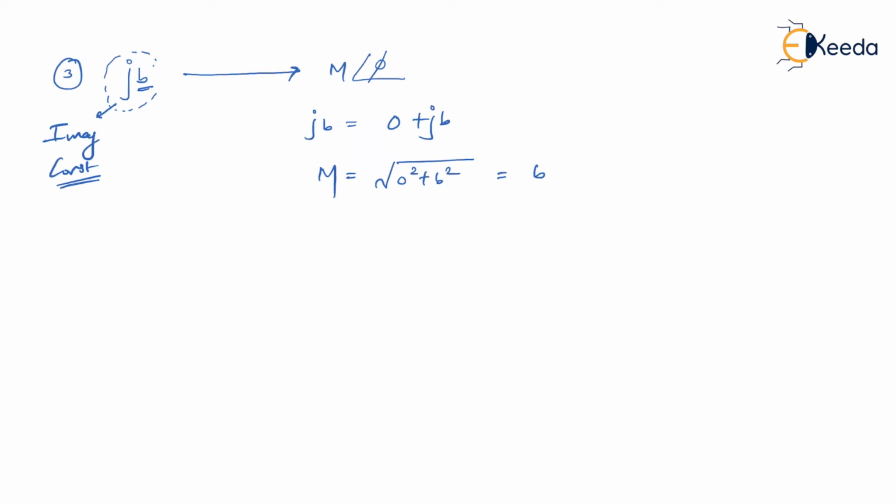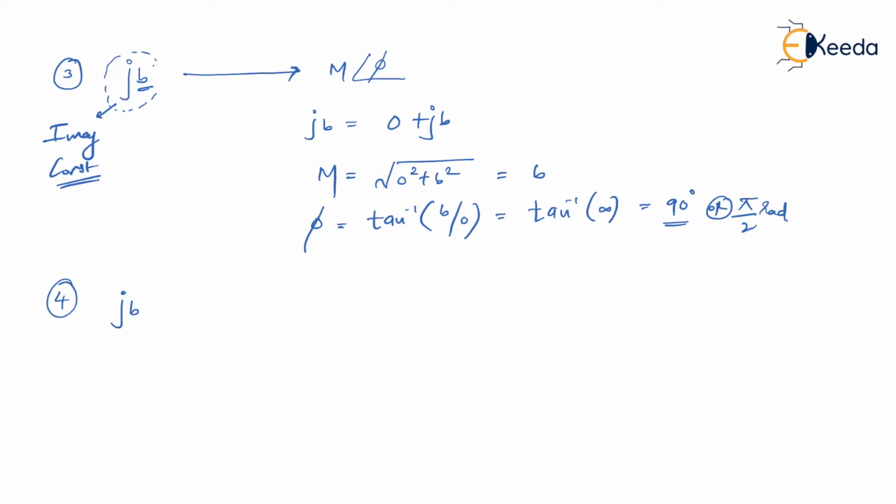Or if I want to calculate the angle phi, you know that it is tan inverse of imaginary part upon real part. Imaginary part is B, real part is 0. B by 0, anything divided by 0 is infinity. So it gives you tan inverse of infinity, and tan inverse of infinity is always 90 degree, or you can say pi by 2 radian. Most of the time we take angles in degrees, so you can remember tan inverse of infinity to be 90 degree. I hope you understood this. Next,